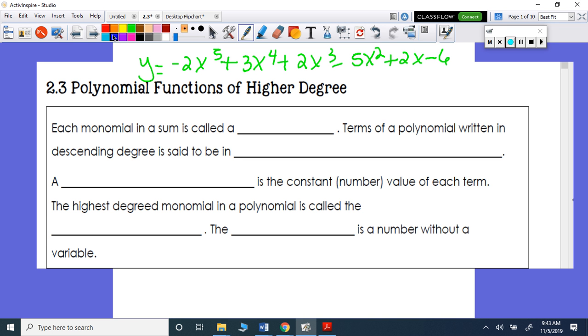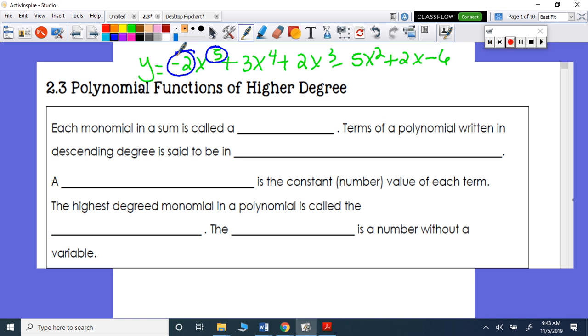Today we're going to look at that and talk about what that degree and whether it's even or odd tells us about our graph. And then we're also going to look at this guy out front. He's going to tell us a lot about our graph as well. So, let me mark